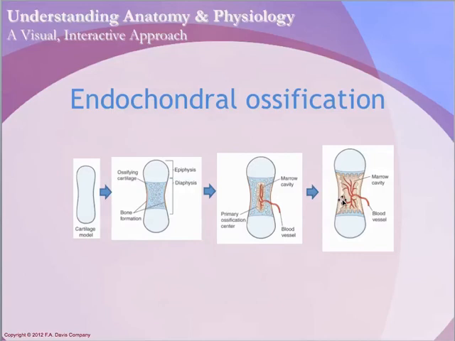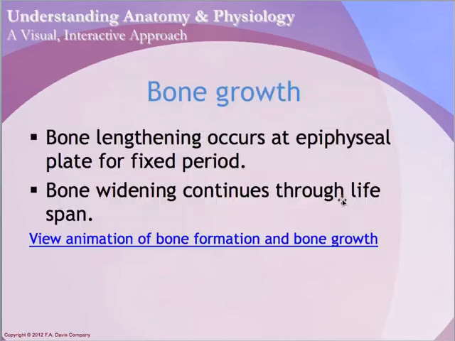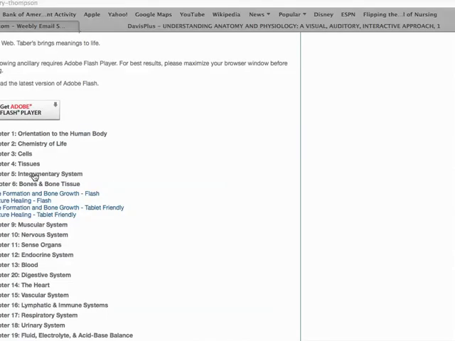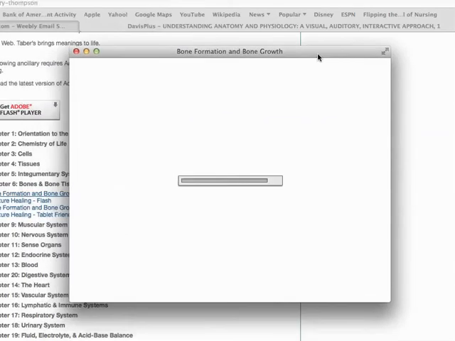So the bone really grows in length until a certain age, and then the epiphyseal plate becomes fixed, and the bone no longer grows in length. Bone widening can continue throughout the lifespan, but lengthening does stop at a certain age. Everybody's a little bit different, but somewhere during puberty usually, or into their 20s. So let's watch the animation on this from Davis Plus